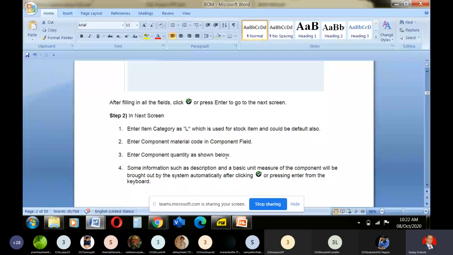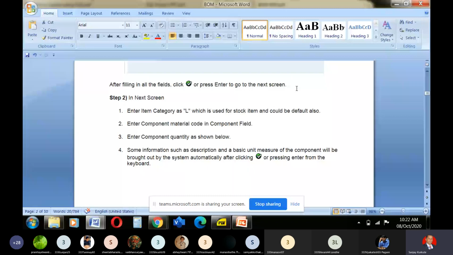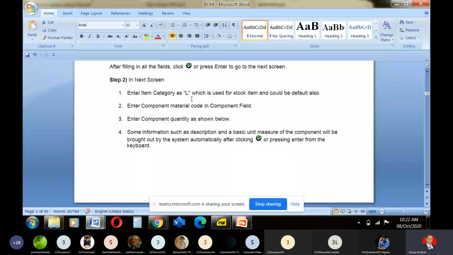So in the next screen, what will be there? You can have category L, stock item, like this, and then enter the component material code in the component field. Then you can have quantity, then description, and lastly the unit of the material. See what exactly is written here: material, and this we have used earlier.